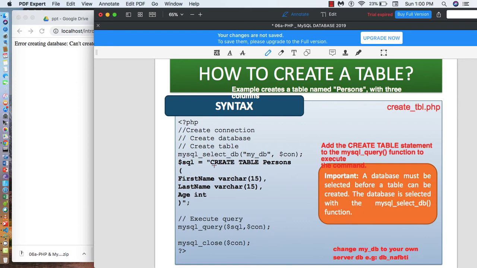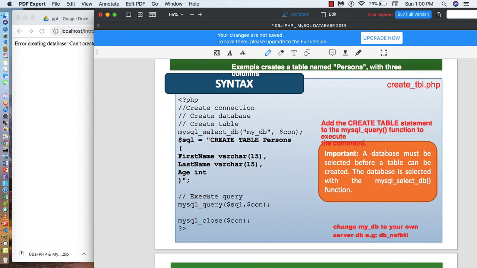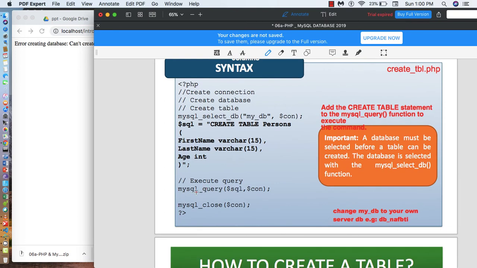Okay, create table named persona. Okay, and then the first name normally refers to the first category, called column number 1. Last name is column number 2, and the third column is age, which is declared as integer. Okay, so the first one and the second one we declare as variables of character type. Okay, and then mysql_query, and then you just execute the query like this, and then you do the